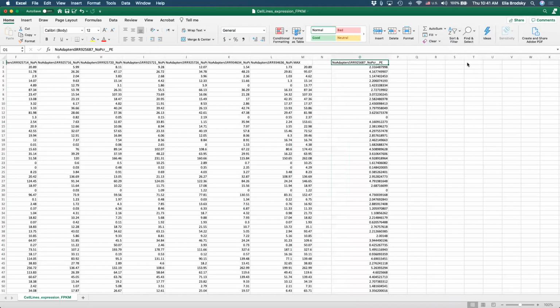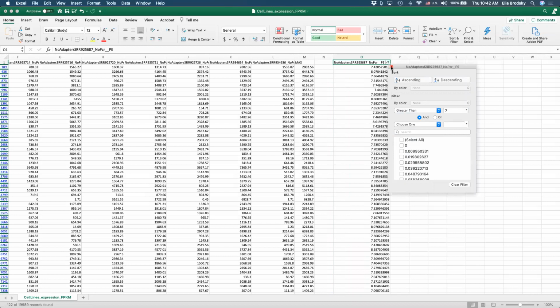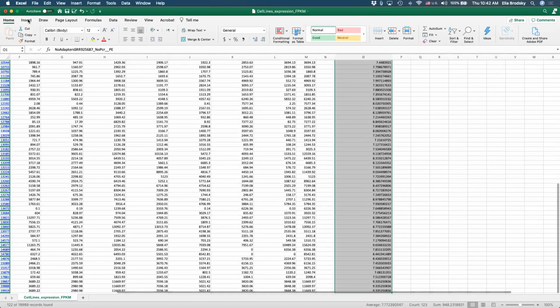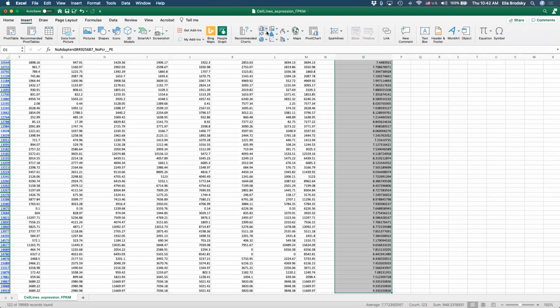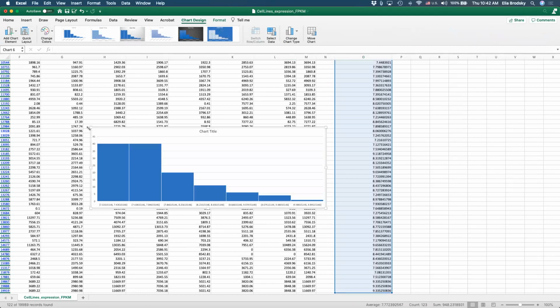So let's do a filter here, and let's set it to greater than, let's say, this is in log scale, so let's do 7. Okay, and let's see what now happened to our data. Maybe 7 is too much.